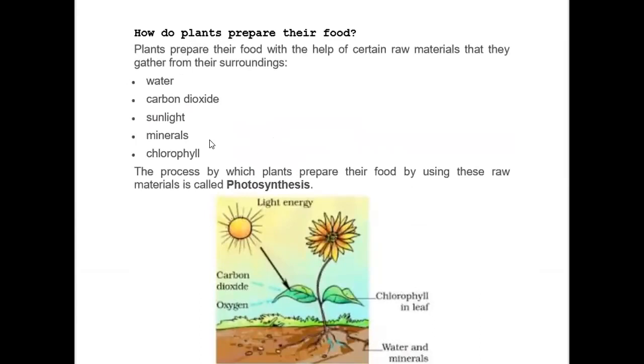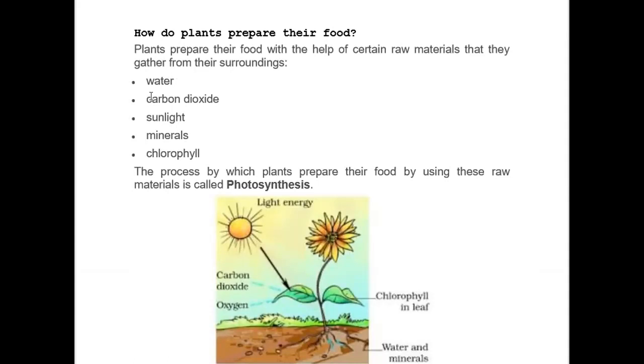Plant is in mood to prepare its food, it needs to have these 5 raw materials or these 5 ingredients. Without these 5 ingredients, plant cannot prepare its own food. Now, plant is getting water from where? From the soil, right? And how from the soil the water is going inside the plant body? Through the root hair of the root, right? The root hairs of the root absorb the water from the soil and transport it to the plants, different parts